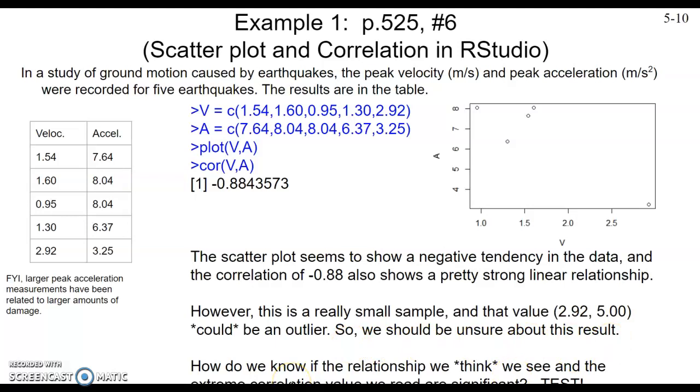How do we know if a relationship we think we see and the extreme correlation value we read are significant? We could test it. I know this is outside of the viewing window, sorry, but what we want to do is test whether this correlation is significant or not. So we can do a correlation test, and it'll test whether the correlation is actually positive or not,